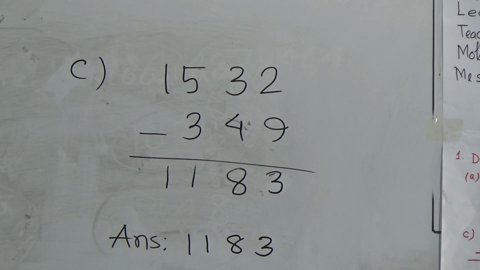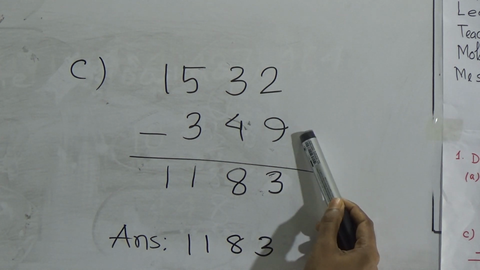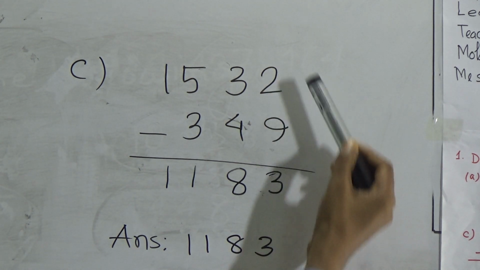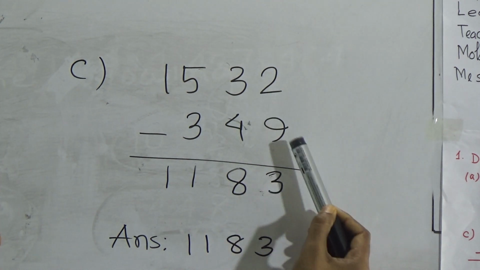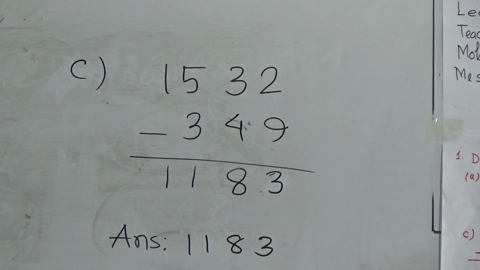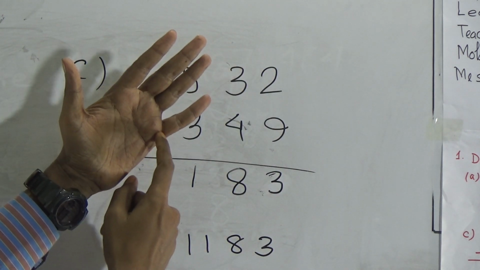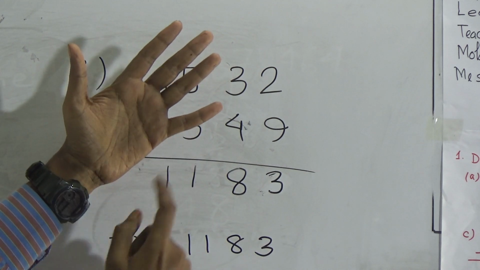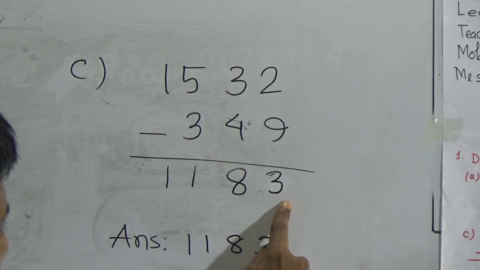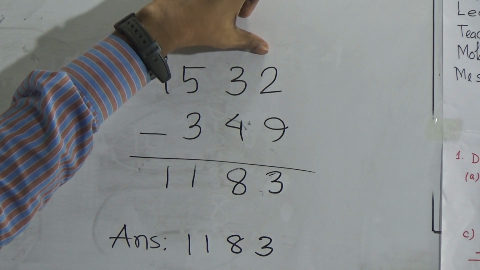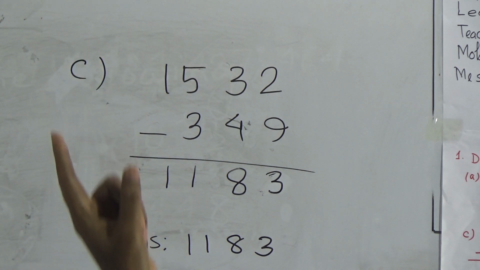Look, this is smaller and this is greater. Okay? So you consider, you see, this is greater and this is the smaller. So we cannot subtract 9 from 2. So you consider 2 as a 12. Now you subtract 9 from 12. 9, you see 9, 10, 11, 12. That means what? 1, 2, 3. Right here, 3. Okay. As you consider 2 as a 12, so you have 1 in your hand.